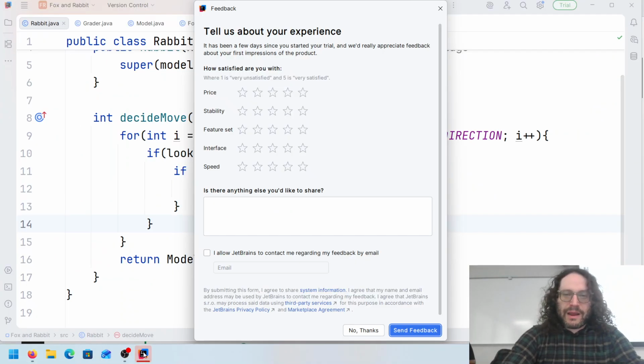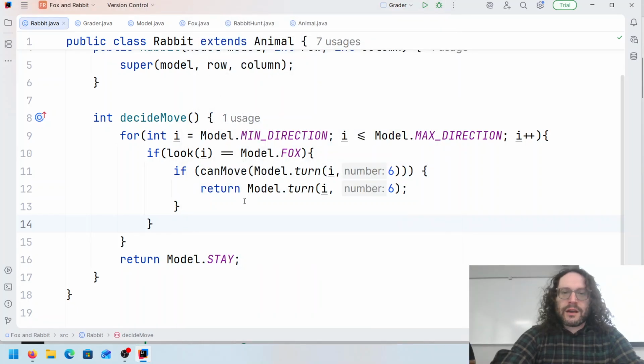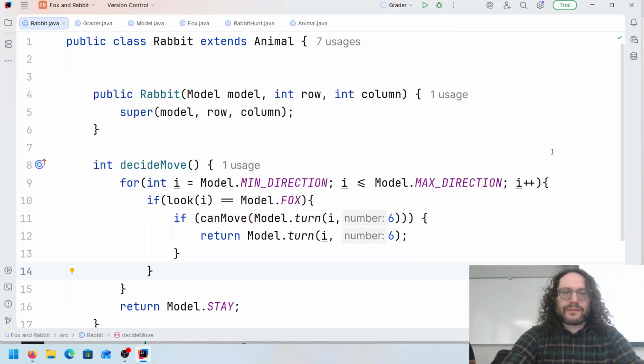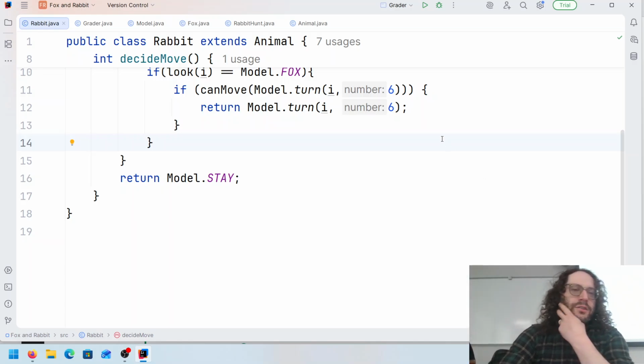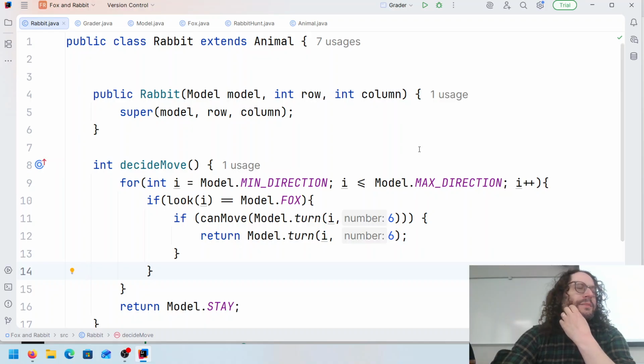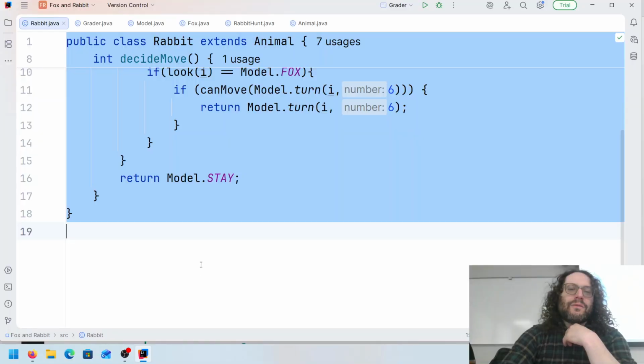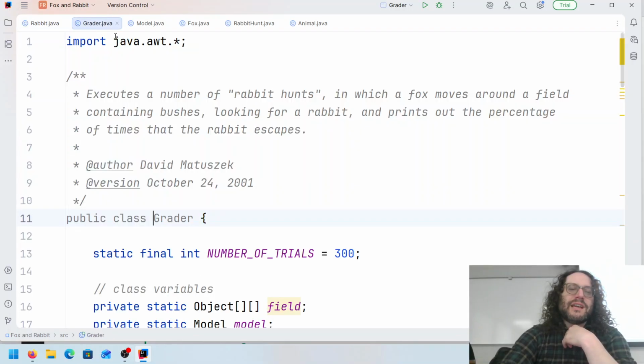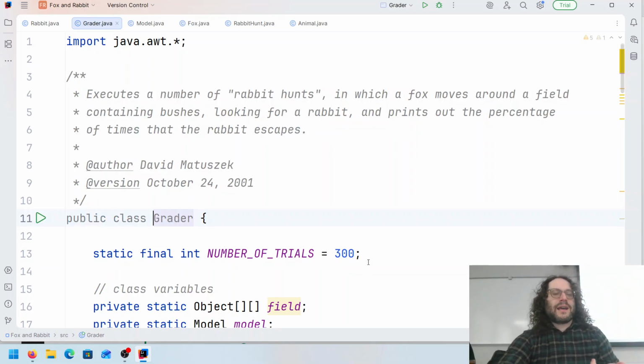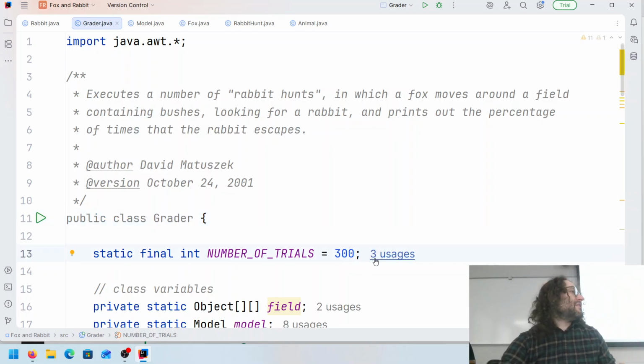All right, Fox and Rabbit first. The rules I gave out in class, and I try to be very specific with my language, were that you can only modify the Rabbit class. Occasionally, I do let students modify the grader, but only in one sense, which is to bump this up by